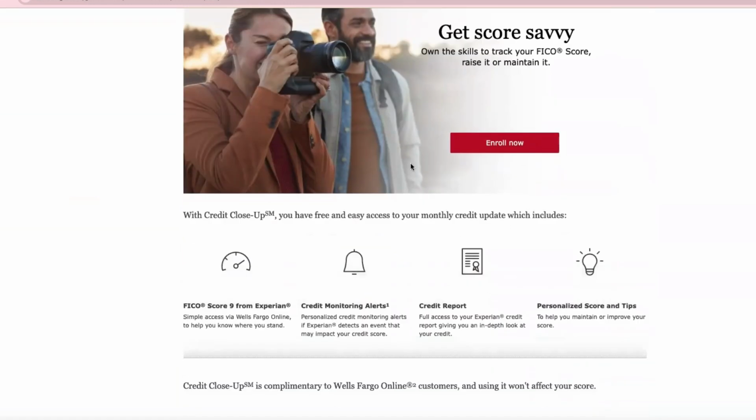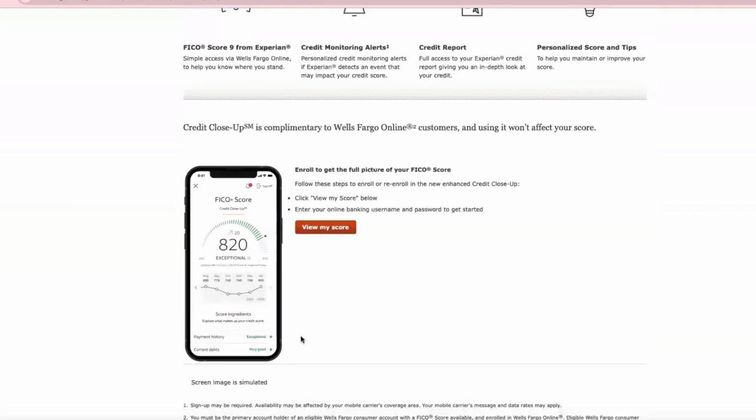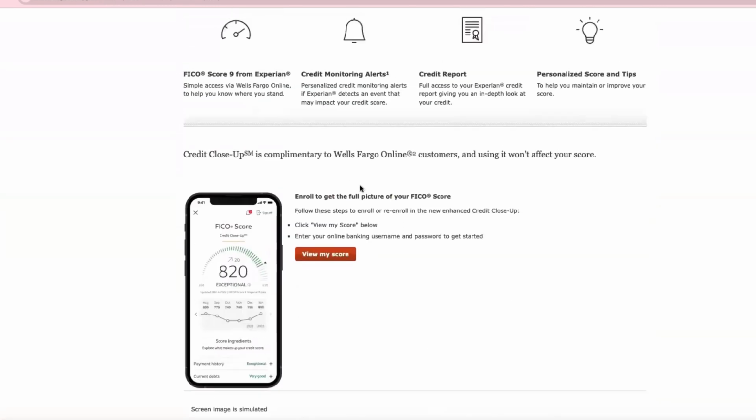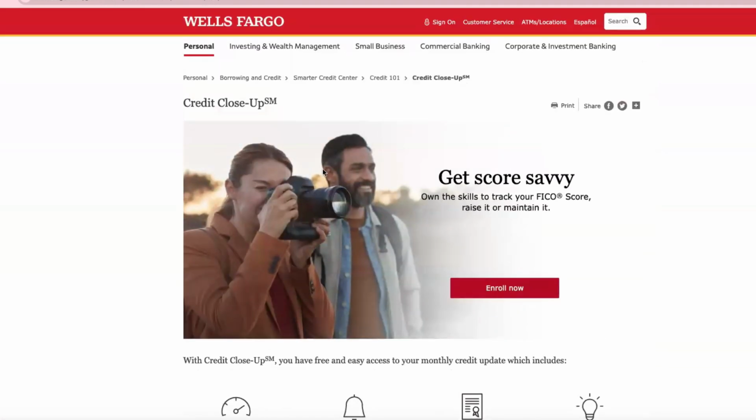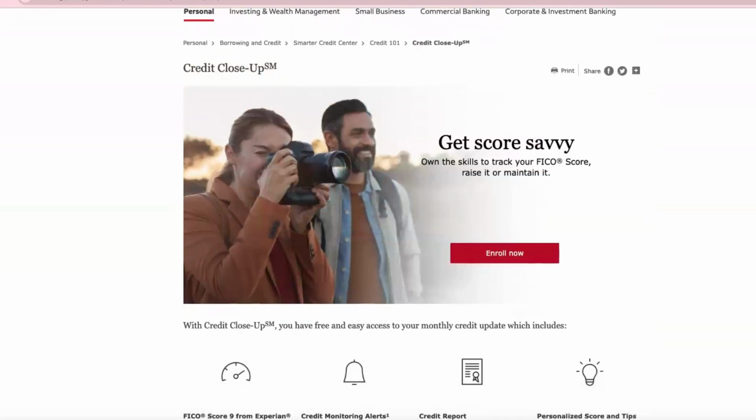From here, once you enroll, what will happen is they have to go and get the score from either Equifax or Experian. Experian is also a credit bureau, like TransUnion, there are so many in the back end. You know that, right? Once you give consent to Wells Fargo, using an API, what they will do is